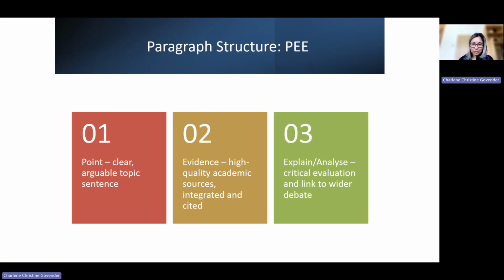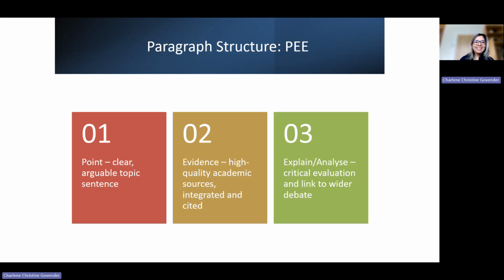We want to use academic sources that have been vetted, that are peer reviewed, and come from universities of high repute. Like I said before, I would advise you to stay away from a student's own thesis, even though it has been accepted, but go after works that are well known in that area. So we want high quality academic resources. We want them to be integrated and, of course, cited. So make sure you are adding in all your citations.